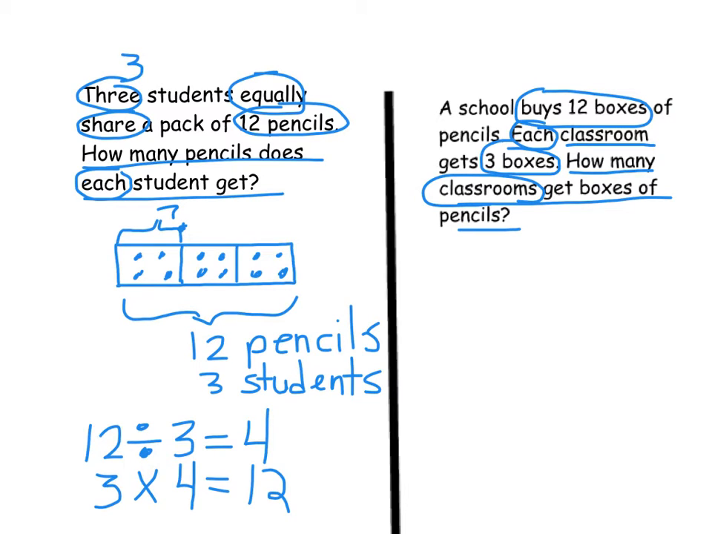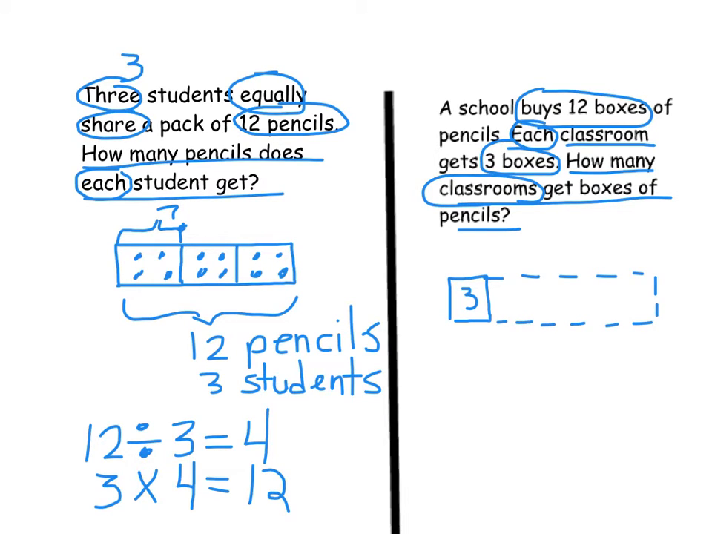So I know that I could draw one solid line box. That's one classroom. And this one classroom gets 3 boxes of pencils. I don't know how many more classrooms get boxes of pencils. That's what I'm trying to find, the number of groups that I have. So when I make the rest of my tape diagram, I'm going to make a dotted line to help me estimate